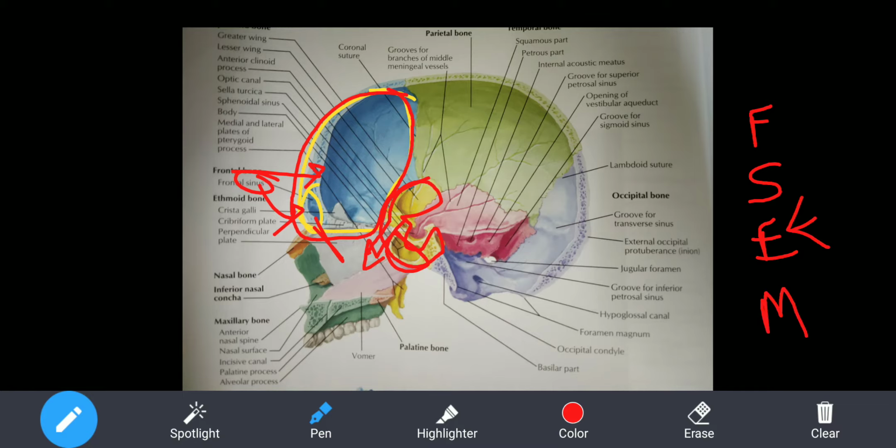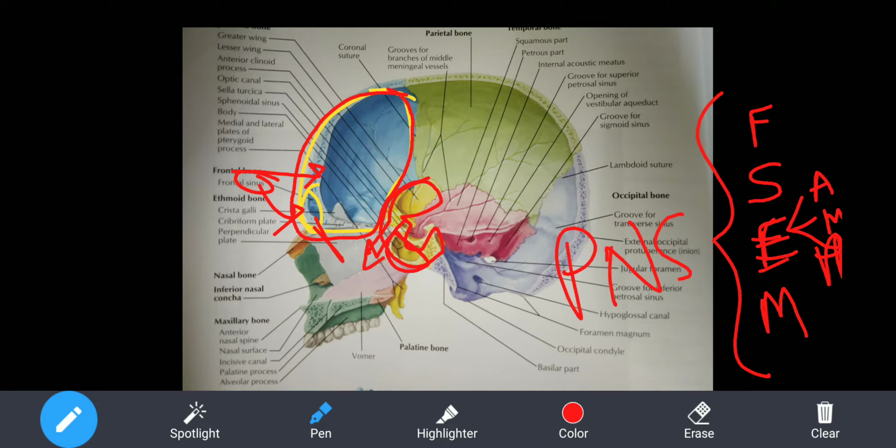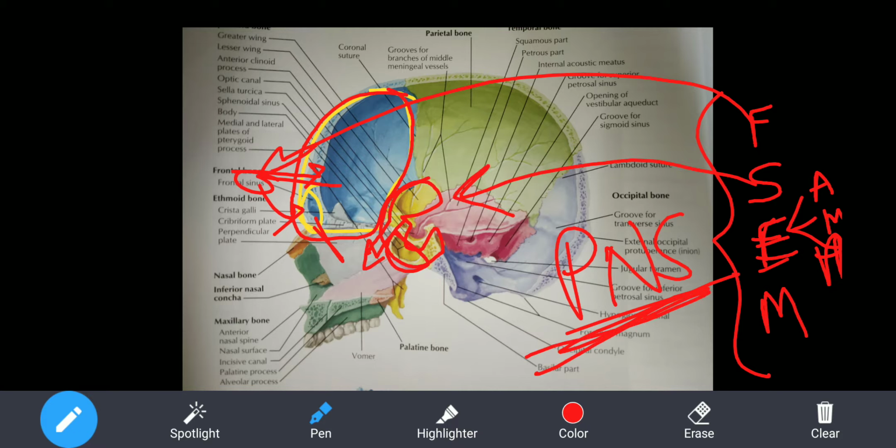ethmoidal में anterior, middle और posterior ऐसा तीन है. There are three sinuses. Okay, three groups of sinuses. These are what? Paranasal sinuses, out of which two we have seen, frontal and sphenoidal. Why are they called paranasal sinuses? PNS does not mean only peripheral nervous system. PNS means